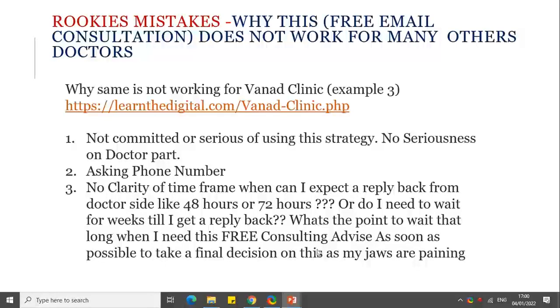because most patients who are looking for the free email consulting or the free consulting online are going to take a final decision for the paid consulting or a paid treatment within the next 3 to 7 days at the max. That's why they are first going for the free thing, to see if they really need to go for the paid thing, and then take a final call. So that's why I take this thing very seriously. These people are not taking it seriously. The point here was there should be clarity in terms of time frame when the other person can expect